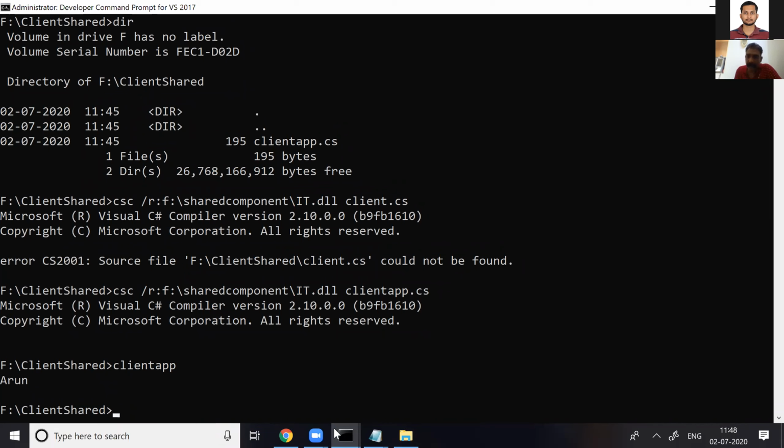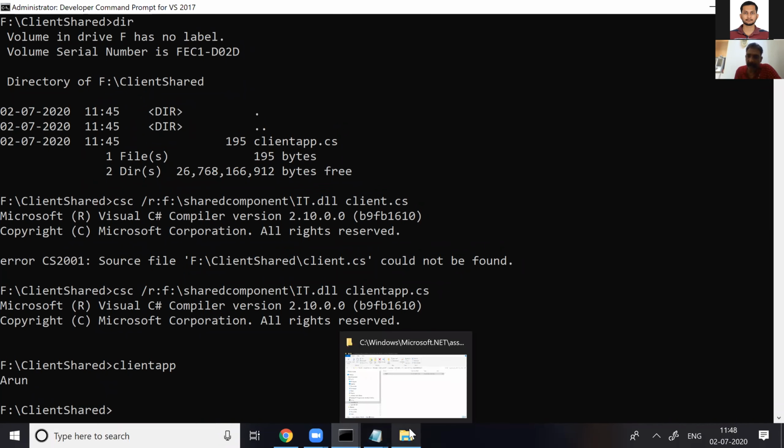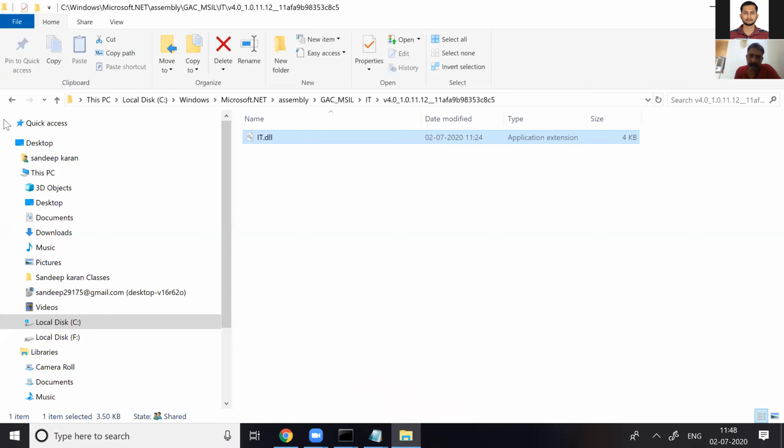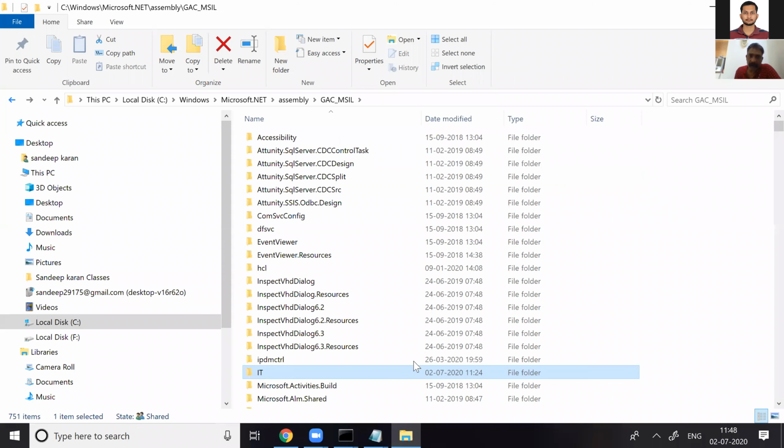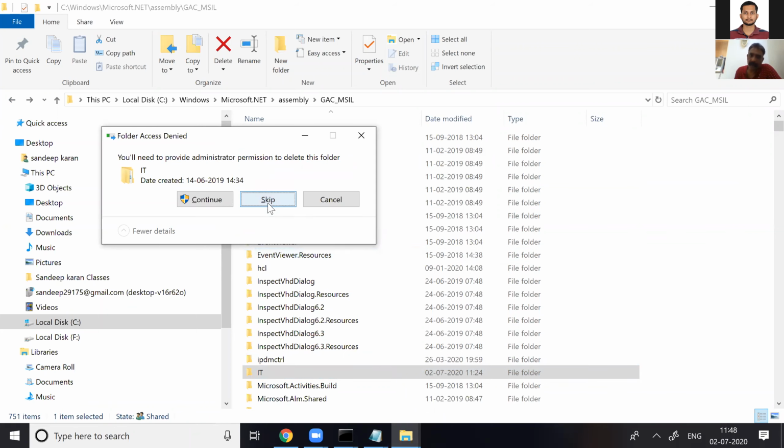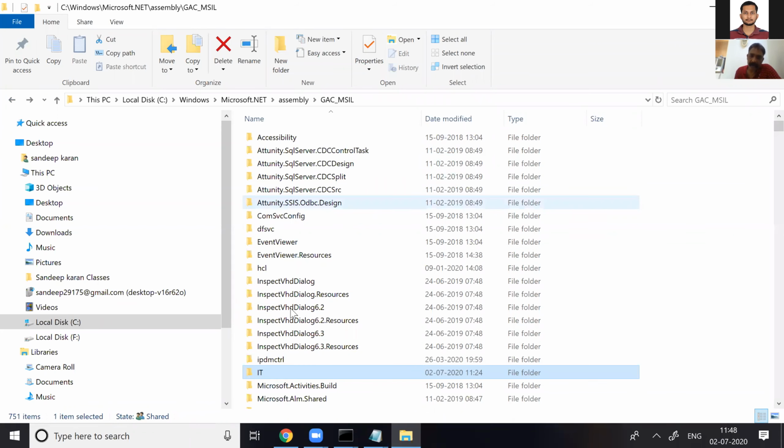Now Sandeep sir, if I intentionally go to this folder and remove this folder, then remove, no problem, remove it. Now tell me, removed.